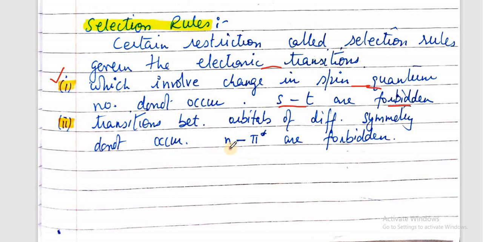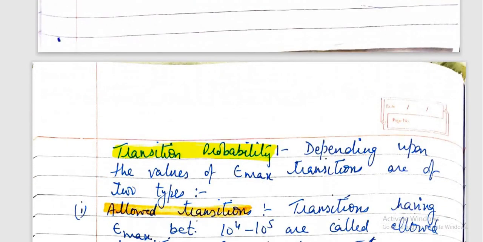For example, if we talk about n to pi star, here again there is a change in symmetry of both these orbitals, so it is also forbidden. These are forbidden, so these are of low intensity. In this, the value of epsilon is low. So next is, depending upon the value of epsilon, that is molar extinction coefficient, as we have already done in the first lecture,